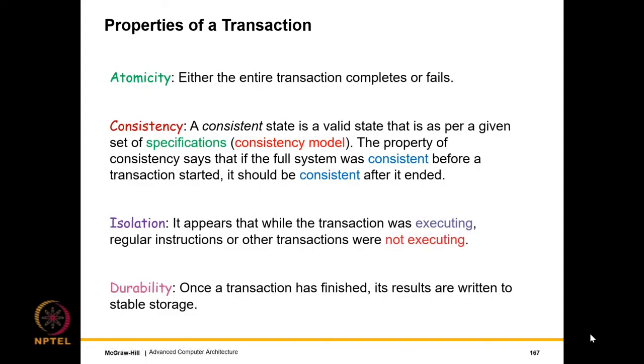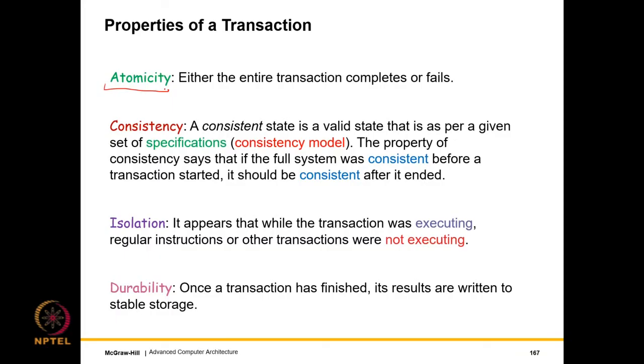Let us now look at the properties of a transaction. These are the same properties that are used in the world of databases, albeit they have been slightly modified to suit our requirements of transactional memory. These are the famous ACID properties, right, which are extremely commonly used. They're extremely popular in the world of databases. So we have looked at atomicity earlier also. In the context of transactions, it varies slightly.